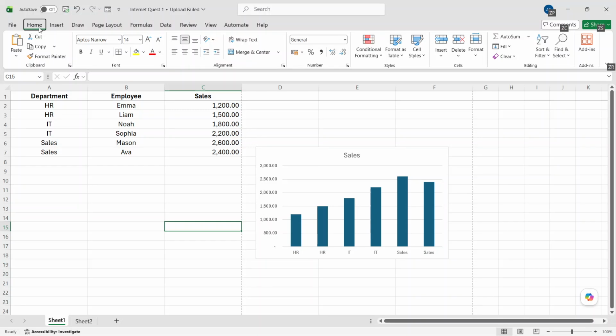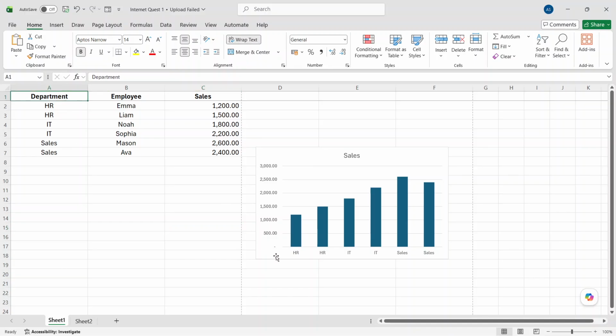In today's video, I'm going to teach you how to remove data from an Excel chart. If you need to clean up a chart, remove outdated information, or simply make your data easier to read, Excel gives you a quick way to do it without rebuilding the chart from scratch. The process is straightforward, and once you know where the settings are, it becomes very easy to manage exactly what